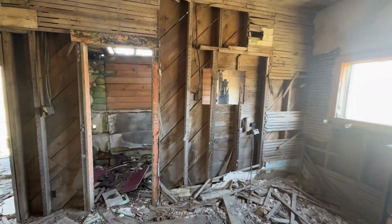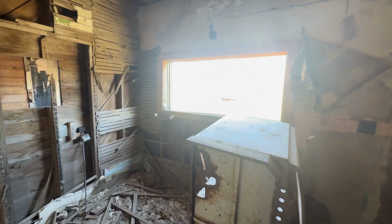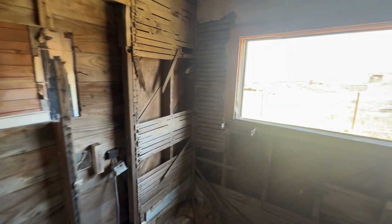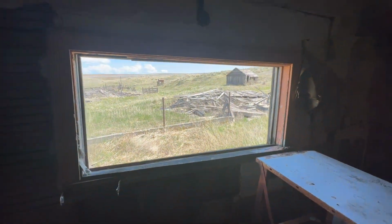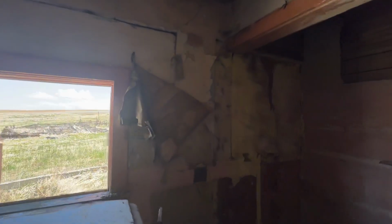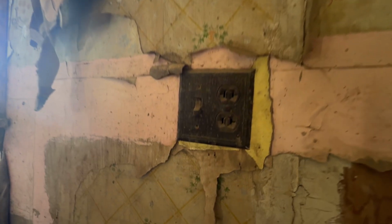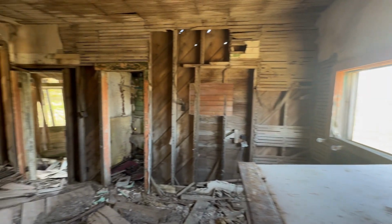This must have been the kitchen area here. I could tell by the paper towel roll holder right there. I'm sorry about the sun, you guys. It's gonna be like either dark or really, really bright in this walk and talk. And got an old plug in and a light switch, so yeah, I think this house, like a decent amount